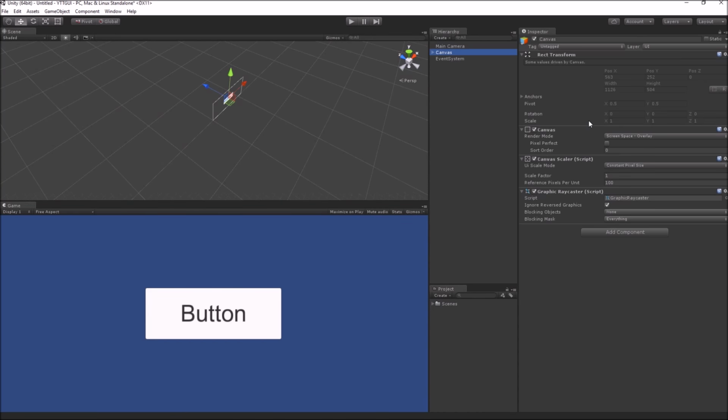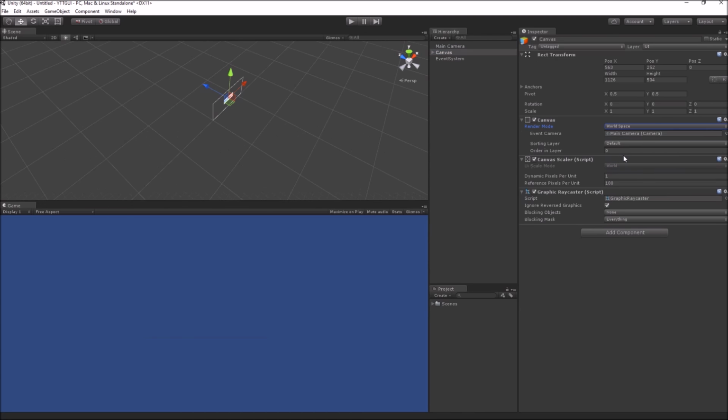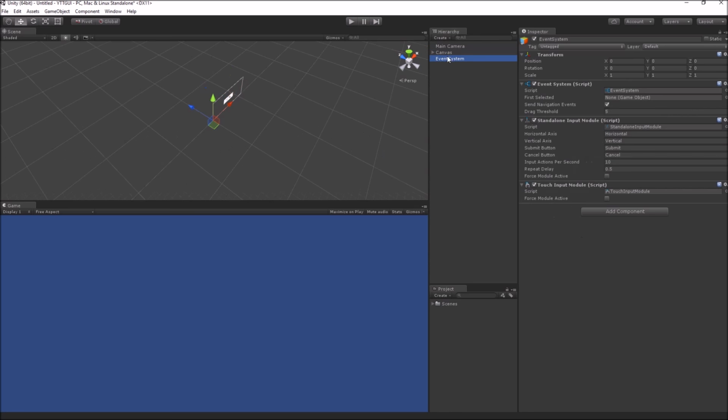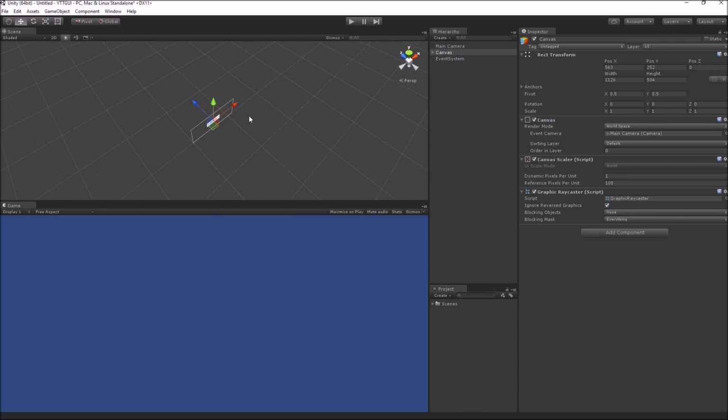The last canvas render mode is the world space render mode. In the world space render mode, your canvas is now a full-fledged 3D object, and how your canvas looks on the screen will depend completely on where it is placed in the scene, and on its rotation, scale, etc. So in this case, let's move our canvas near to the camera,